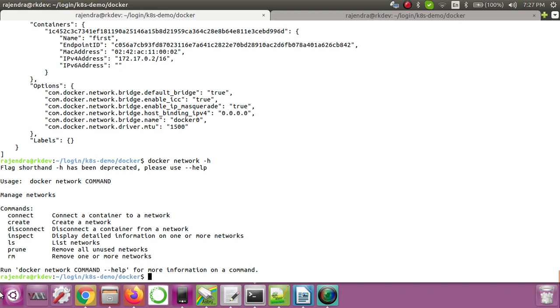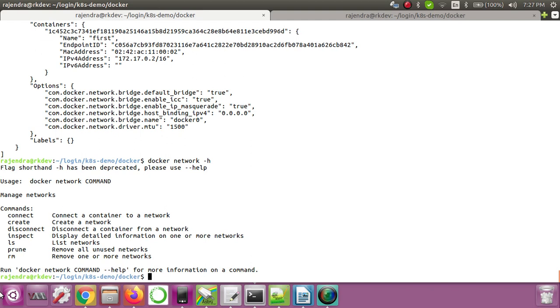Let me repeat once again, if there is no running container on that network, then that network will be considered an unused network, and with the help of this docker network prune command, it will remove all the unused networks.